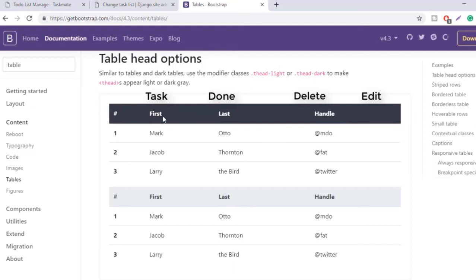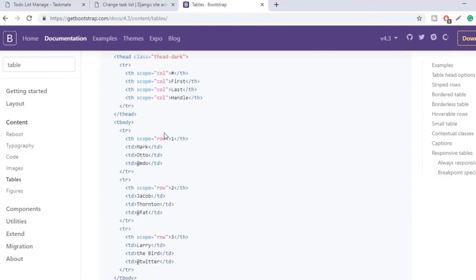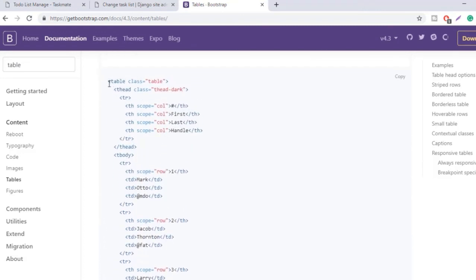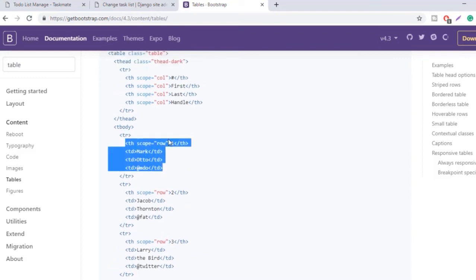So we are going to replace this row with task name, if the task is done or not done, delete option, and something like this is a heading which is going to remain constant. The next thing will be all our tasks from our database. So we are going to fetch that with the help of a loop and print inside that. So I'm going to create a table, and then I'm going to use this row and then this column for heading, and then this column would get all the data with the help of our loop. So let us do that.